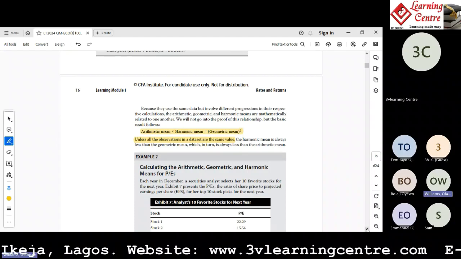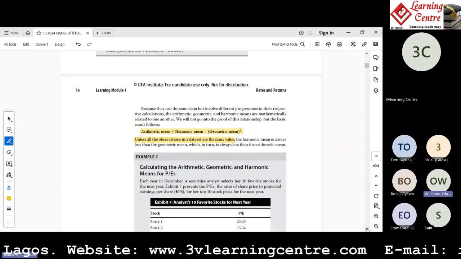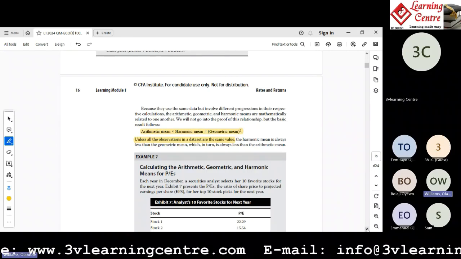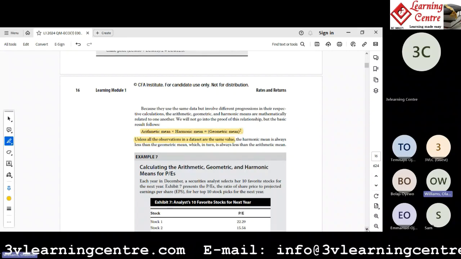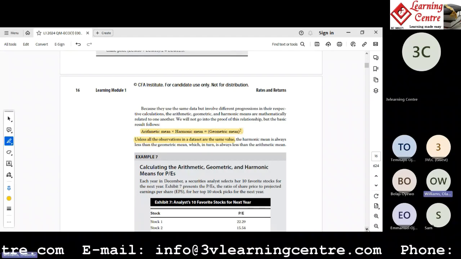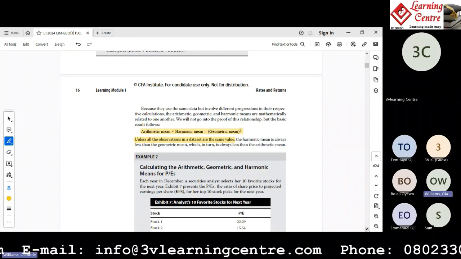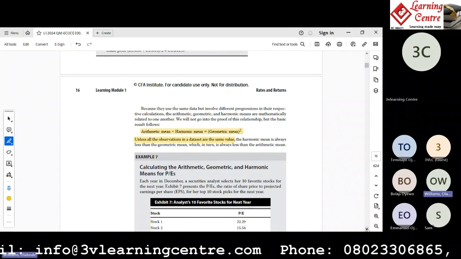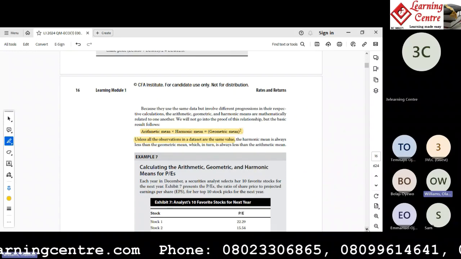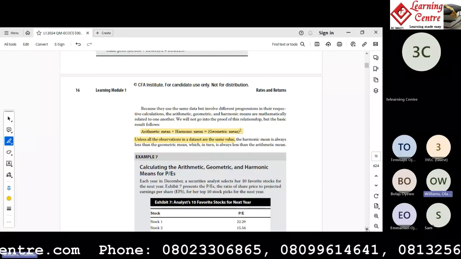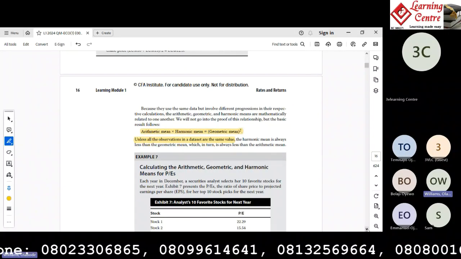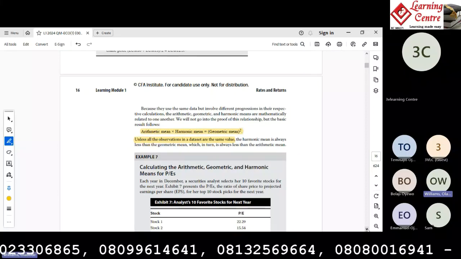Let me rephrase it in another way. You're given a question that says that your arithmetic mean is 15, and then you're asked what is harmonic mean. There's nothing else to work with. Maybe you do not have a data set to calculate. And then you're given options of 23, 15, and 12 to say which one is your harmonic mean. Because you know the relationship between harmonic, geometric, and arithmetic, you know that your arithmetic mean will always be higher than your harmonic mean. Clearly, that eliminates the 23. It also eliminates the 15, except all the data in your observation are the same,